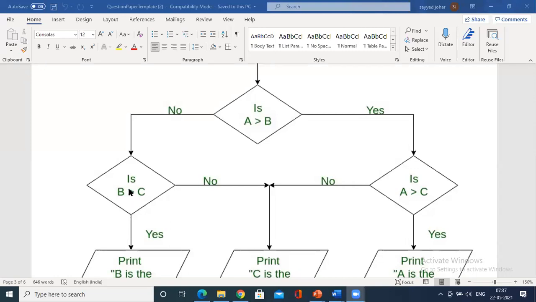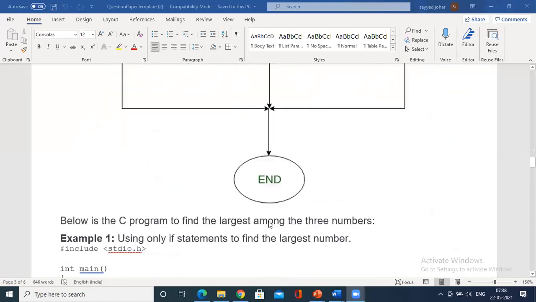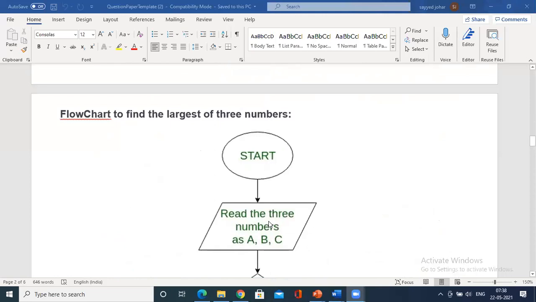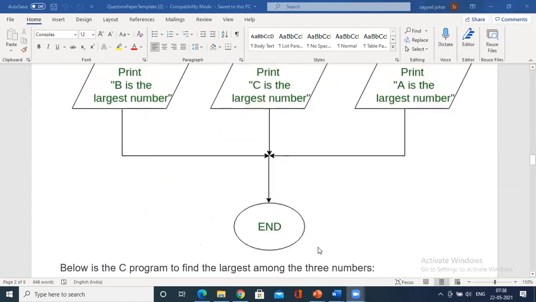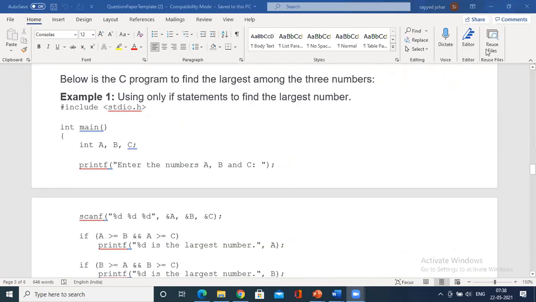So the first objective is to identify the greater element among two. Then you compare the larger one with the third. If it is false, you compare B with C and print B as the largest number. If both conditions fail, we say that C is the largest number. This is the way you analyze the flow chart. From the exam point of view, I have just circulated this: write an algorithm, a flow chart and a program to find the biggest of three numbers, in C recap one. And there are many ways of writing it.